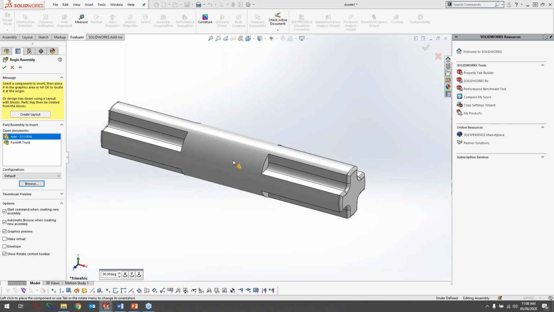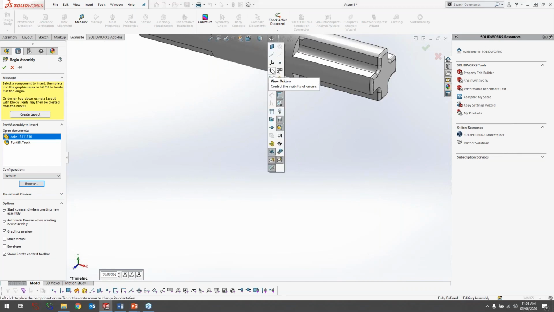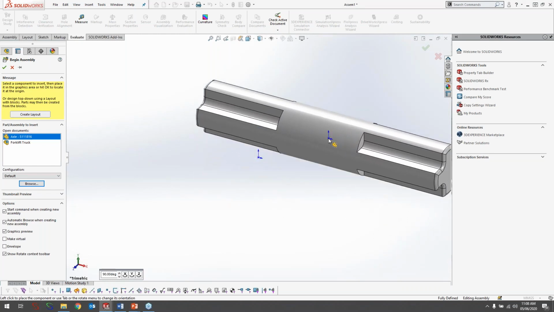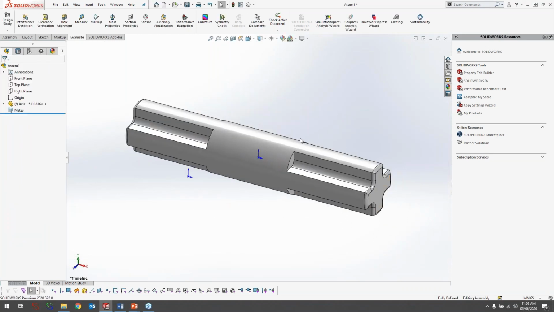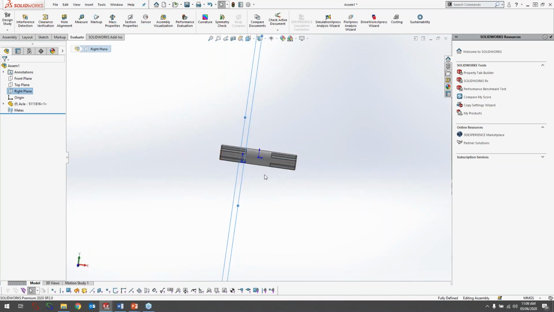Now, the last thing that you want to do is randomly click on the screen. The reason for that is if we actually look at the origins, if you click on the screen, what will happen is that I'll click here. It will place it exactly where I clicked. And that's the last thing that you want to do, because now remember that we wanted to use symmetry. So now the actual right plane of my assembly is actually offset from my part. So it's not really going to help us. We'll fix it in a second.